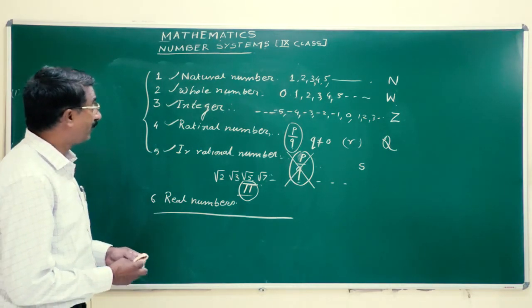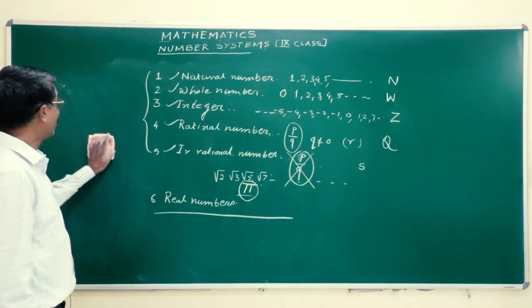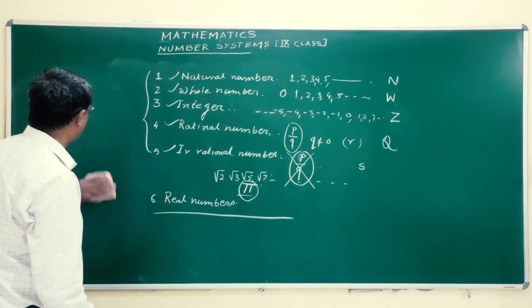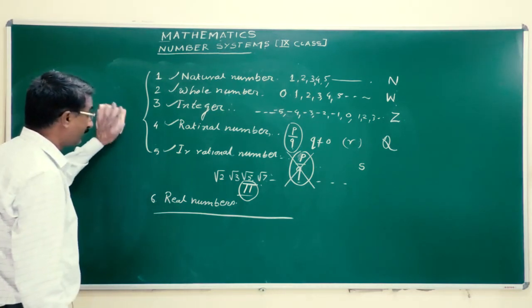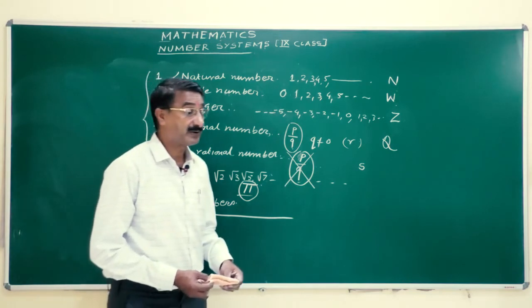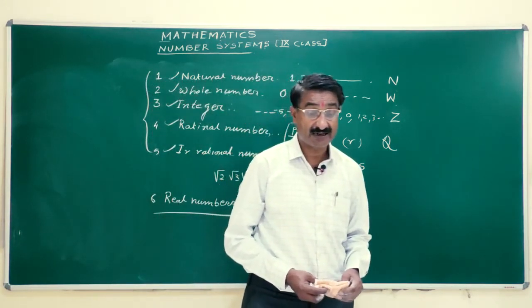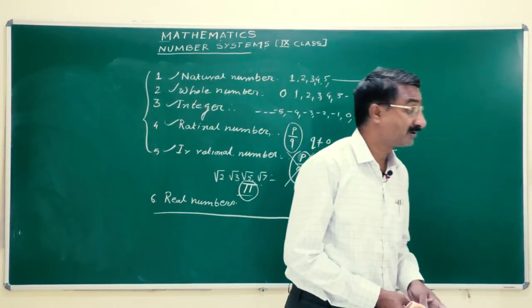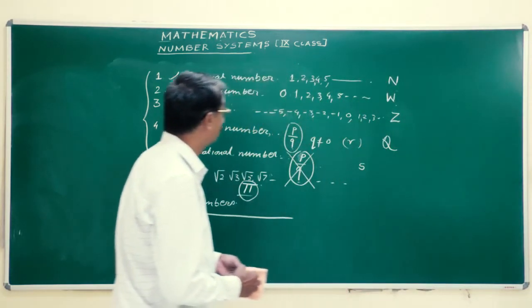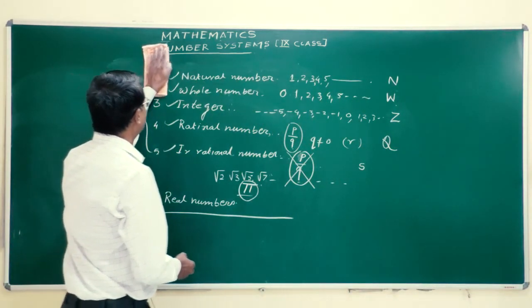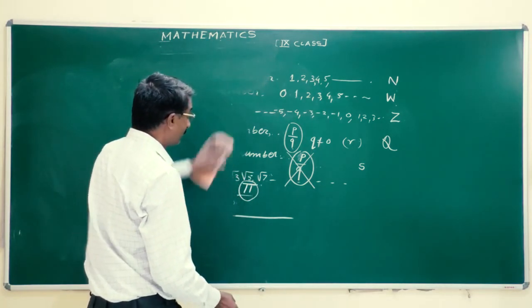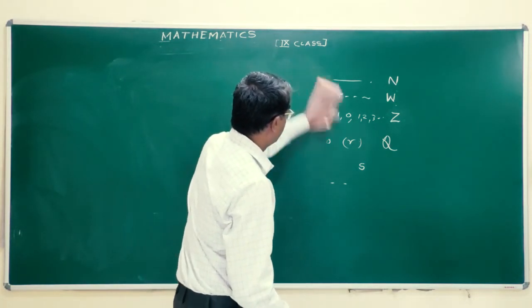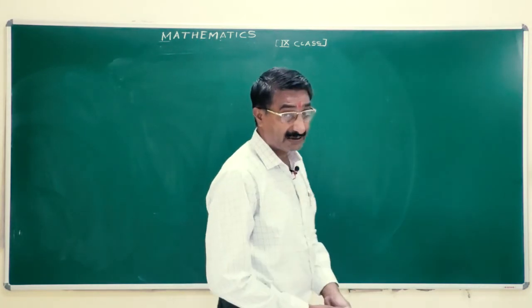Clear? So, all this about the number system, you know the exponents of real numbers as well as roots and squares, all these things. So, here the chapter is now finished. We will start the next chapter, that is polynomials, the second chapter.